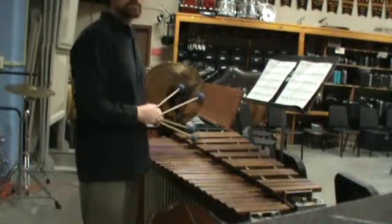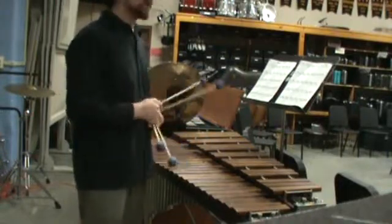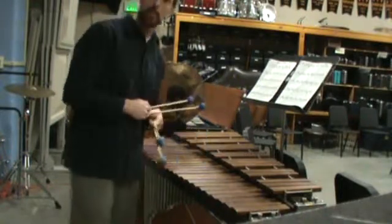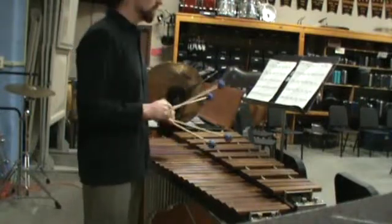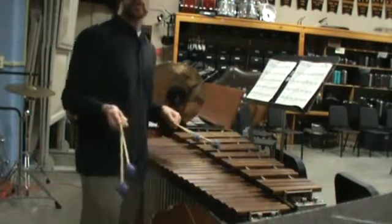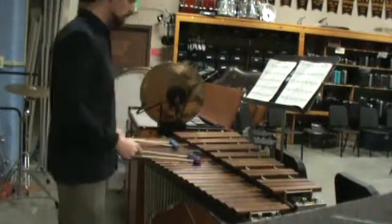Figure it out a few measures at a time, and then go back and get those measures going. Don't try and play all the way through both pages of this thing and then go back and hope that you remember what the first 2 measures were like. Figure it out a couple measures at a time, get used to the changes from measure to measure, and then start to put, instead of 2 measures together at a time, 4 measures together at a time. So the first measure